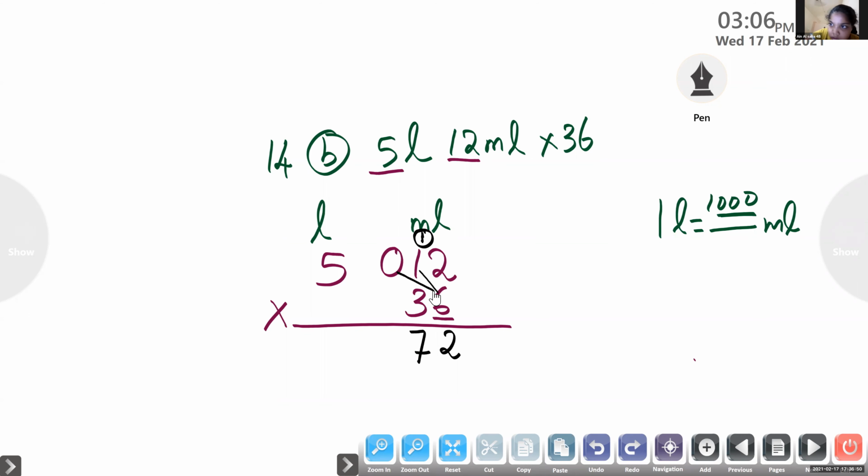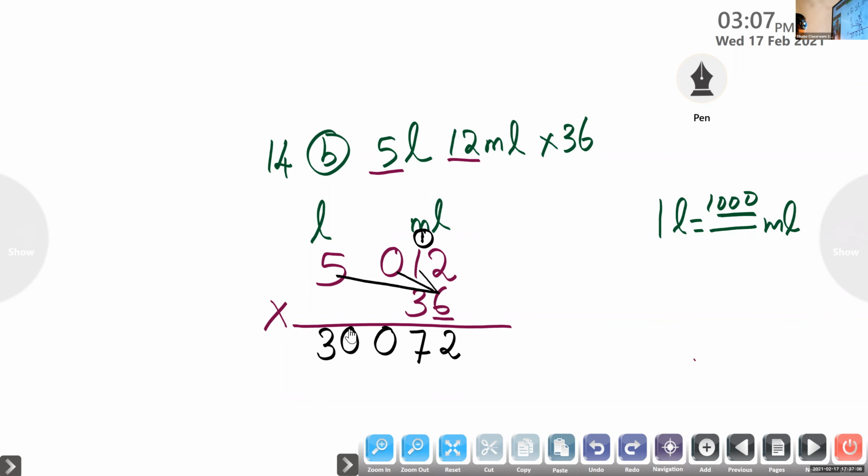Yes, children. 6 times 0. Any number multiplied with 0 is 0. Now the last one. 5 into 6. 30. So the first row, children, that is